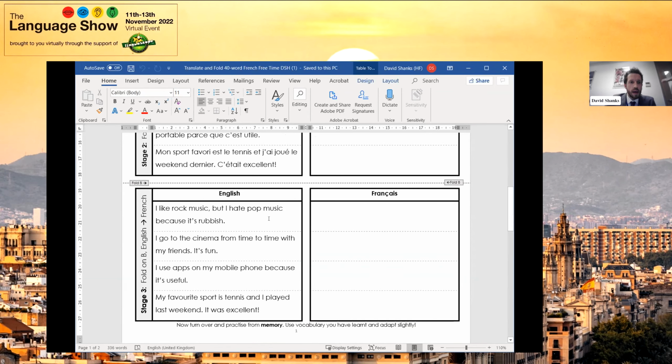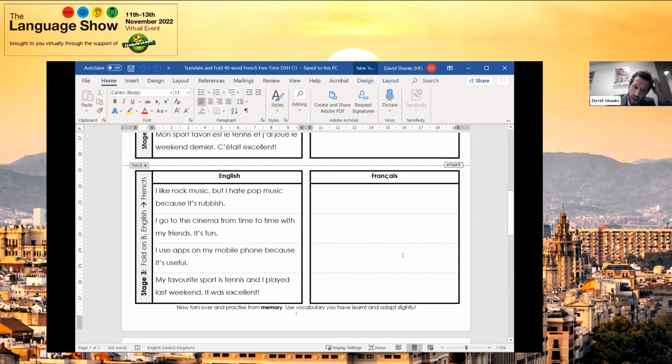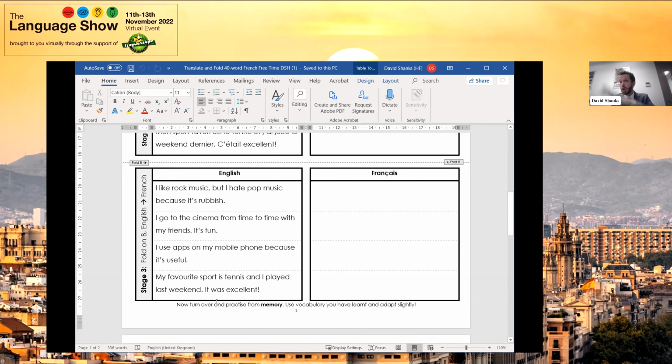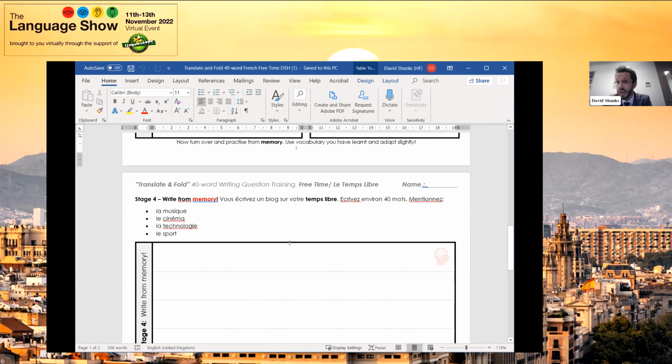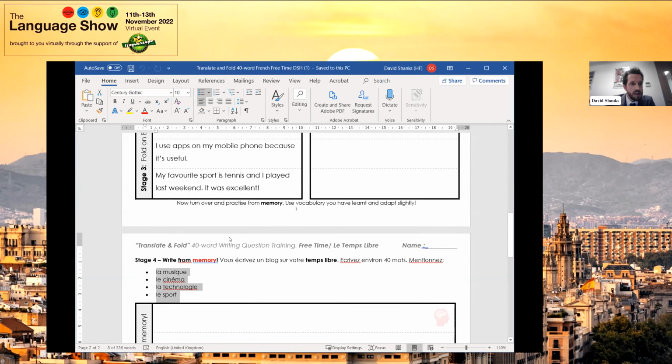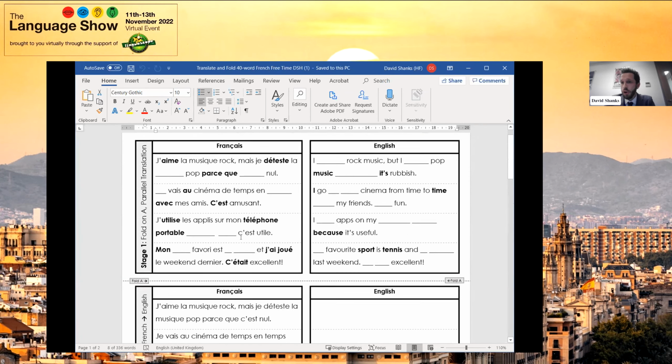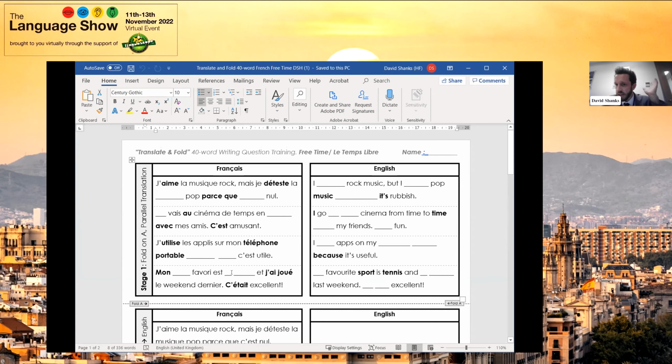Then fold B along the bottom is going from English into L2, and then they're encouraged now to turn over the complete page and begin the productive part, which you will recognize. This looks very like a foundation GCSE question, and indeed it is one taken from an exact past paper, but the focus is on them writing from memory. And if you look, this has been quite carefully chosen, la musique, le cinéma, la technologie. If they can recall from memory, this will help them access 16 out of 16 marks on that. And again, they've got that security net and they can work independently of the teacher, that they can flip the page over and look back.